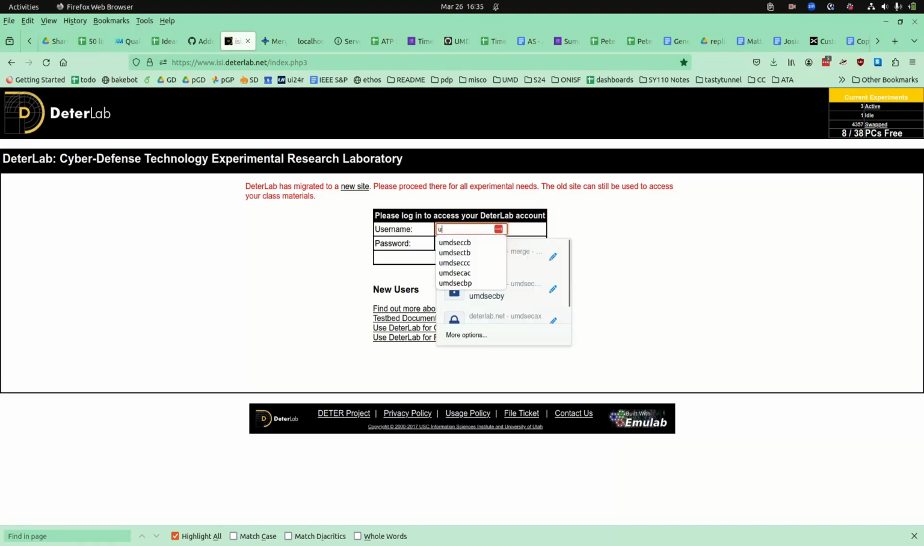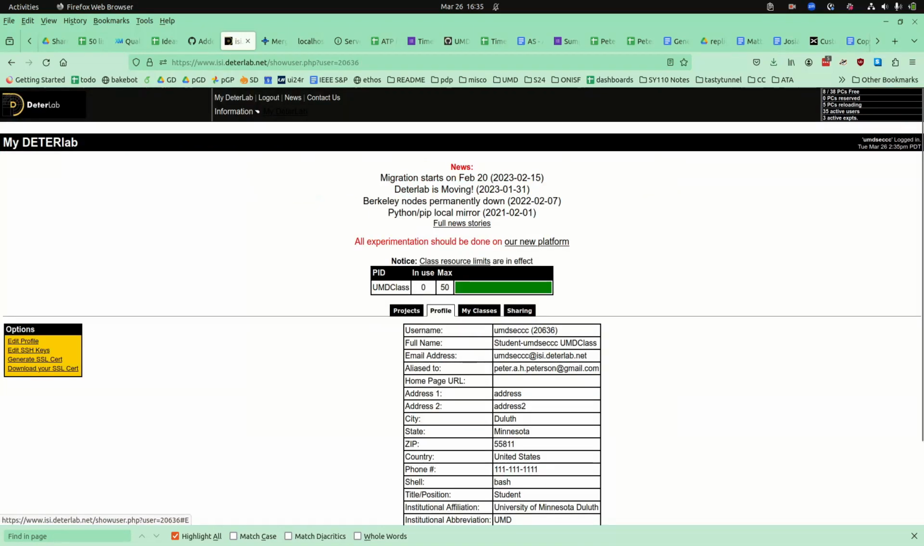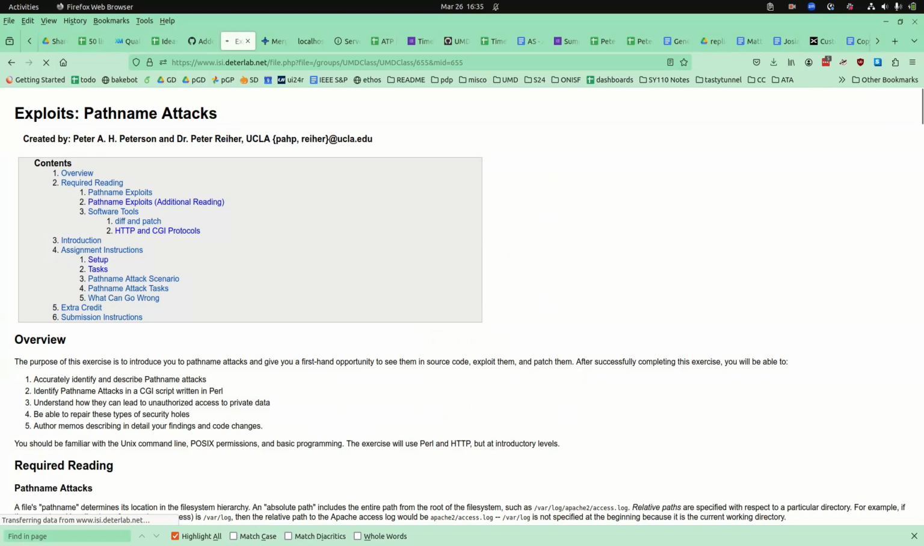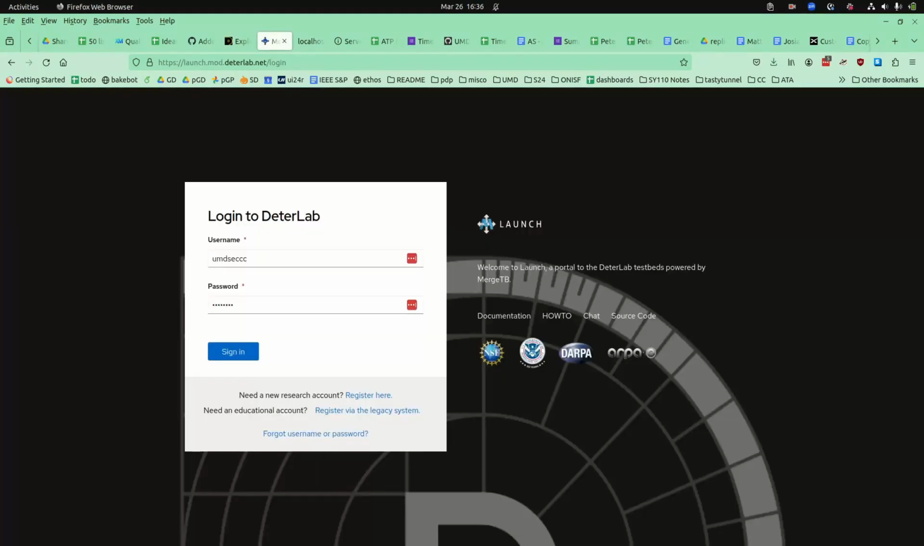So the first thing you need to do is get logged into the legacy Deter, and I'm going to use my student account so you can see what the student view looks like. Once you get logged in, click on My Classes and then click on Pathname Attacks. That's the lab we're going to talk about. But in future labs, you can click on SQL injection or cross-site scripting to do similar things. Then go to